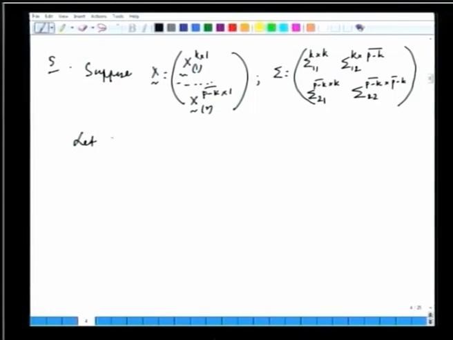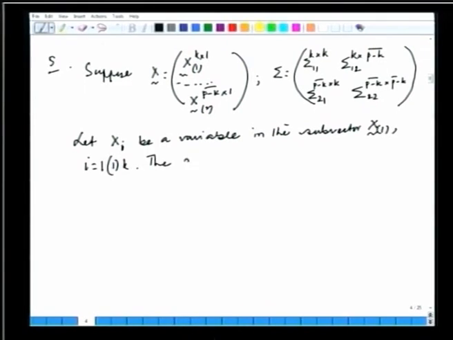So, let me say that let xi be a variable in the subvector x1. So, obviously, i can be any one of the k elements that are members of x1. So, i goes from 1 to k, and then I say the multiple correlation coefficient